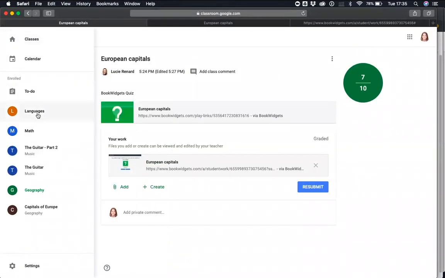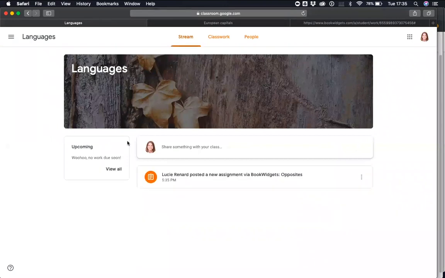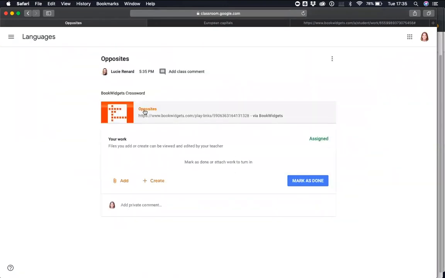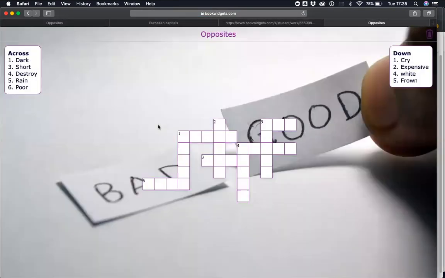And I can take a look at how my student will see that. So another course here. There's a new BookWidgets exercise, opposites. I can open it and I can start creating it. So dark, light, expensive, cheap, short, tall, destroy, build,